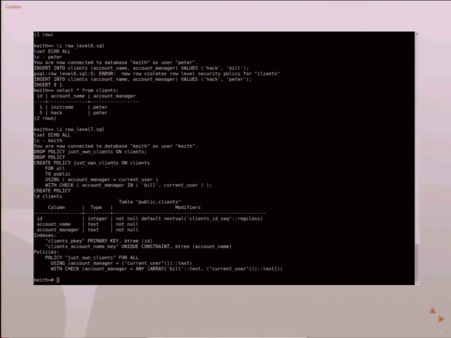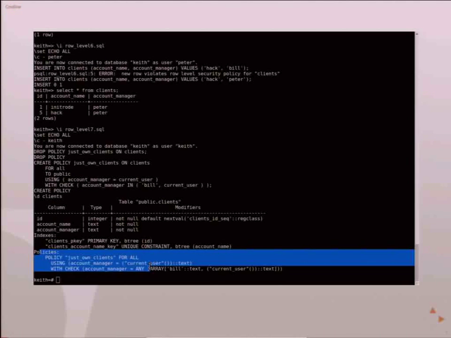So now we're actually going to make a new policy on here. We want to allow the other clients to be able to insert things for Bill, who's the supervisor. So we had the same policy we had before, but now we add a check in there to see if they're adding the account name Bill in there as well. So you can see if you do a \d on the clients, this is what the policy looks like if you look at the schema of the table itself.